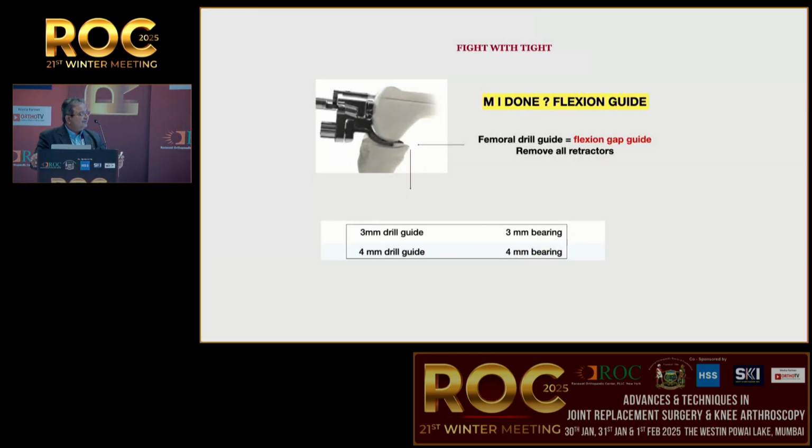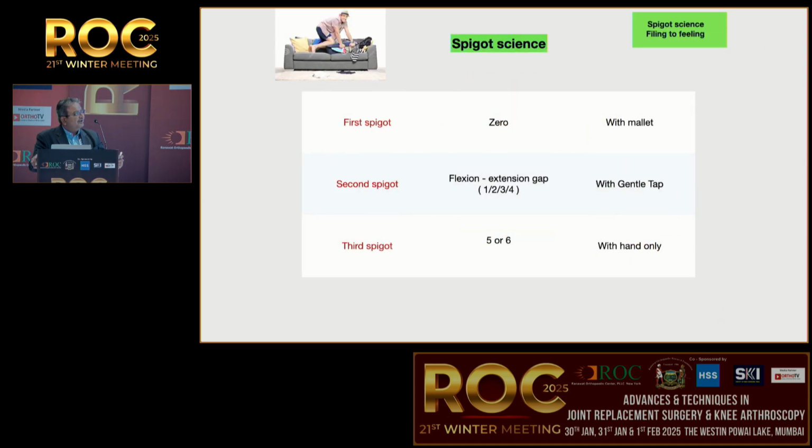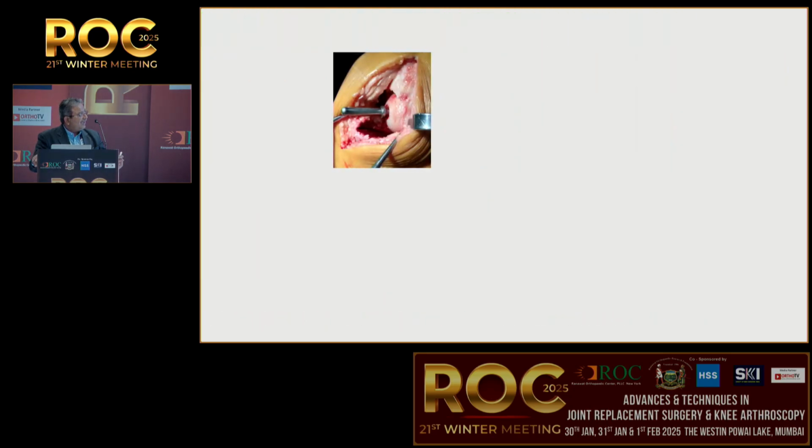And this is a flexion drill guide, it is a flexion guide as well. It helps you know that you are perfectly fine. And what will happen if you do not cut, your 6 millimeter hole becomes oblong, because your posterior cutting guide is resting on this and the trial femur is flush with this. So it reduces the posterior flexion gap, and you will end up with a tight flexion gap. And these are the problems most of the time surgeons face, that the poly they will feel was too tight at the end. So the spigot science, I think we are going to talk when we have a demonstration. Never ever hammer the spigot once you